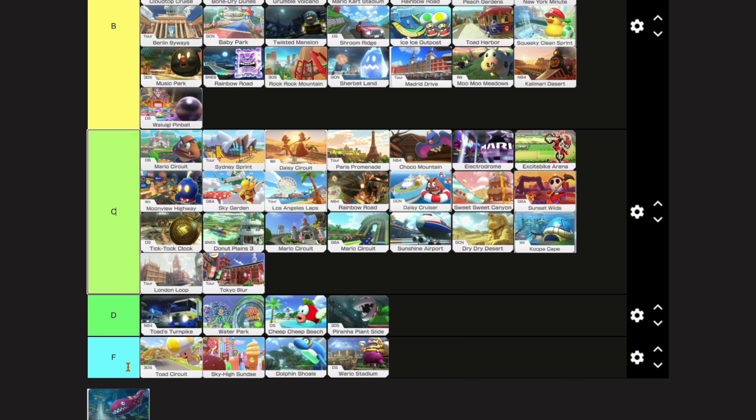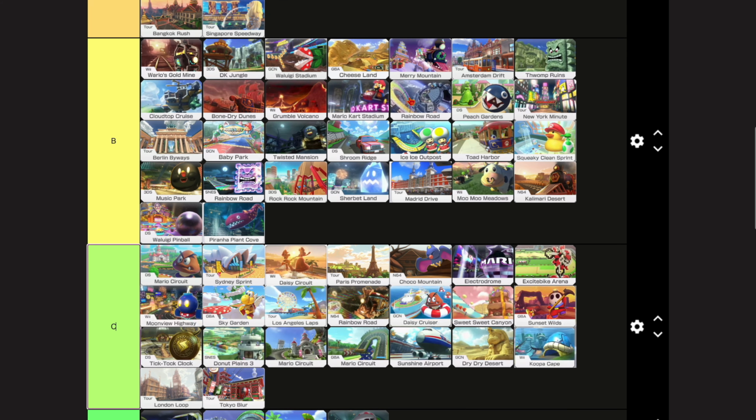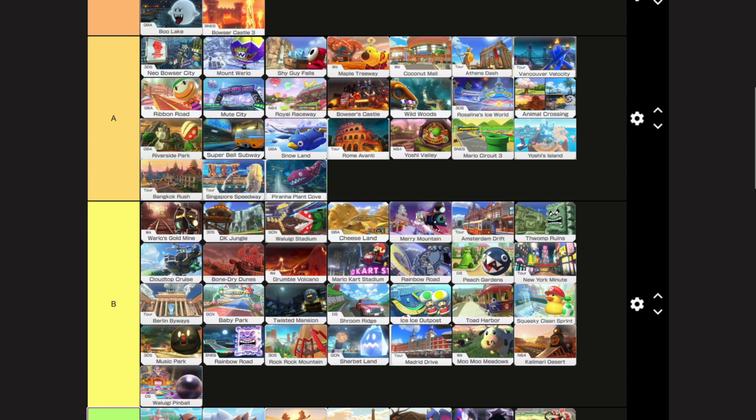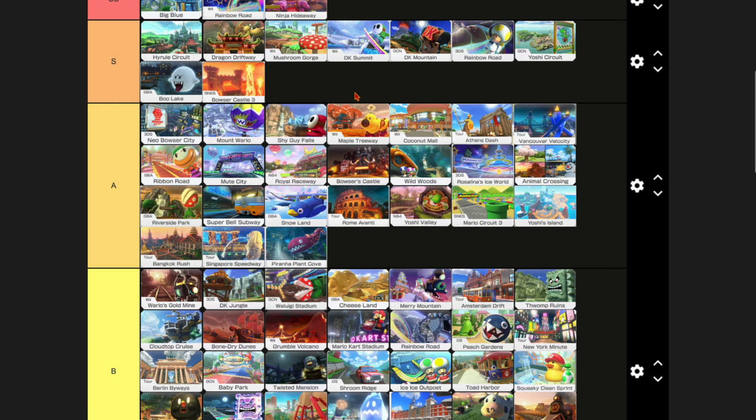And then Piranha Plant Cove. Honestly, this is an A tier track. Like, I hate underwater physics, but it just barely makes the cut for bottom A tier just because of how fun the layout is. And yeah. So this is my